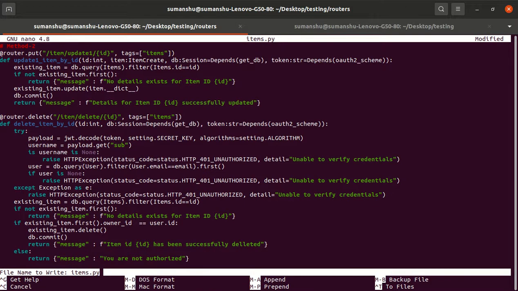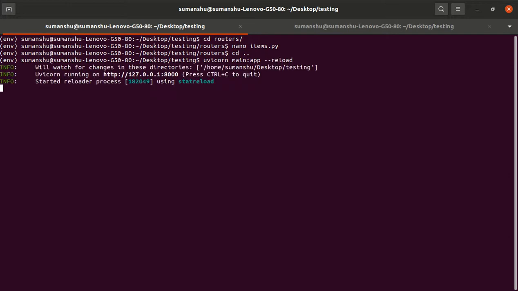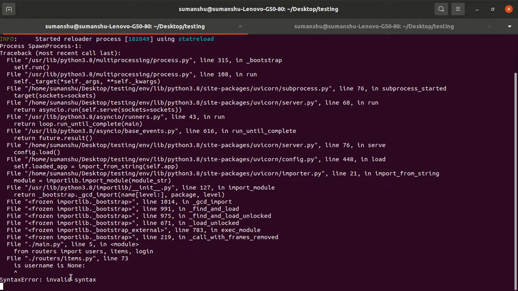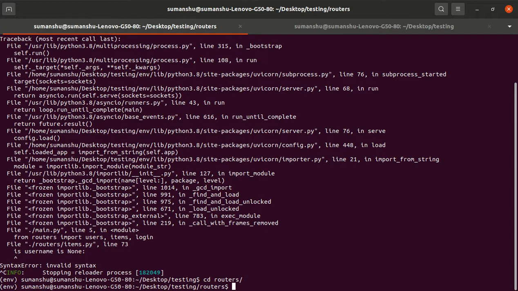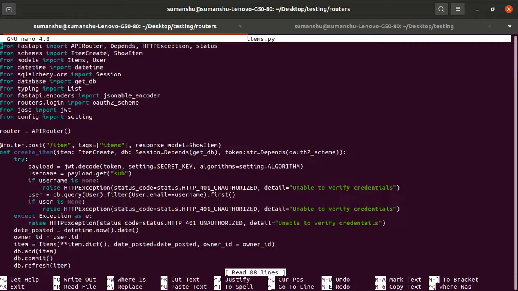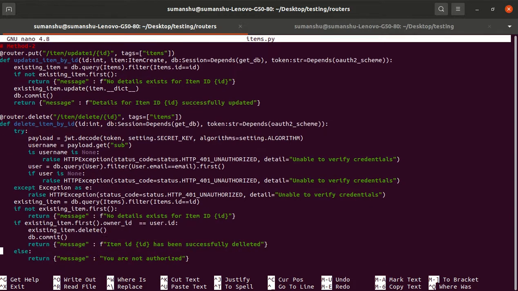But let's try to check whether delete item is functioning properly or not. uvicorn main:app --reload. Something is wrong. Is username, so it is if username. So cd routers, nano items, so it should be in the delete route.